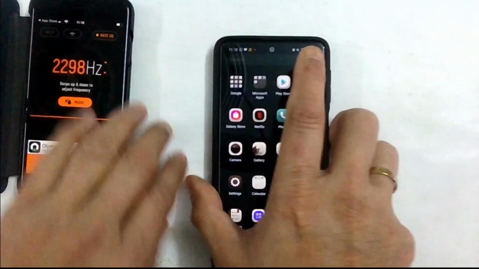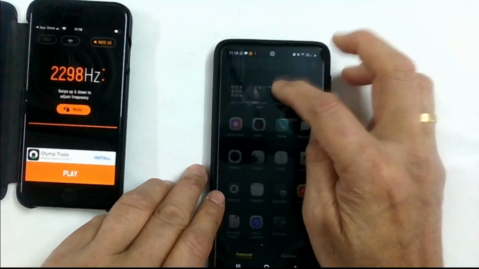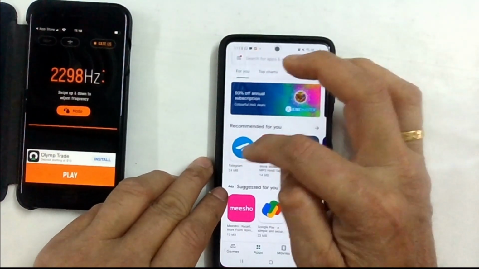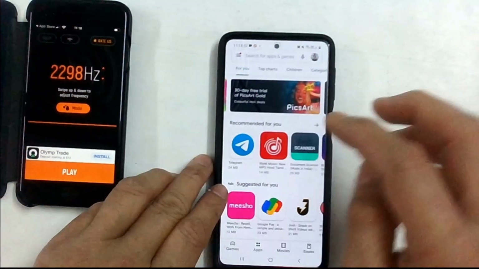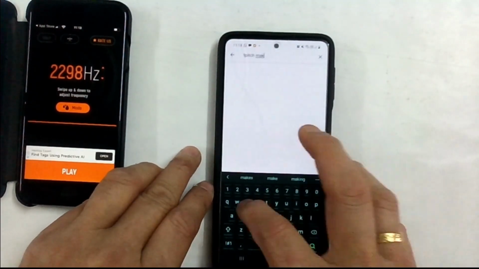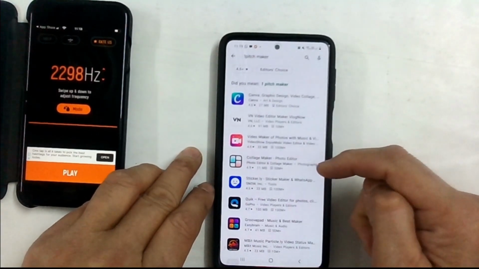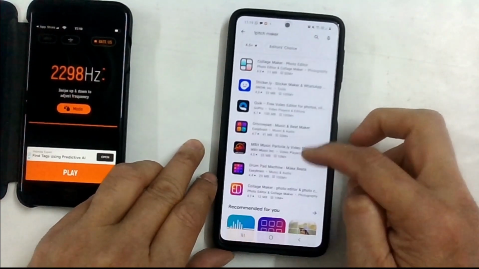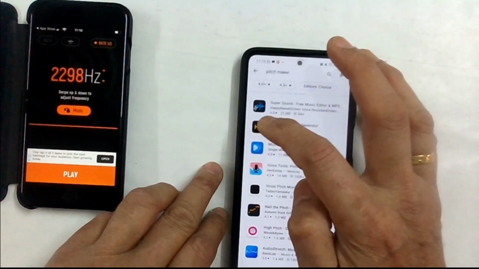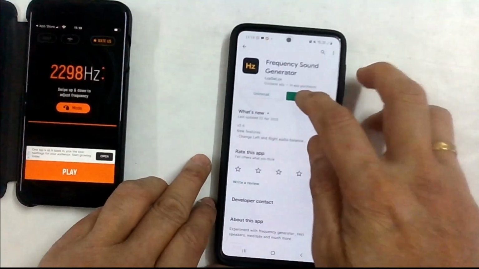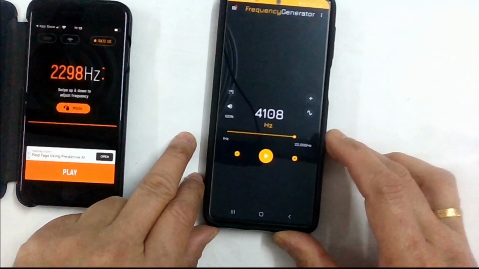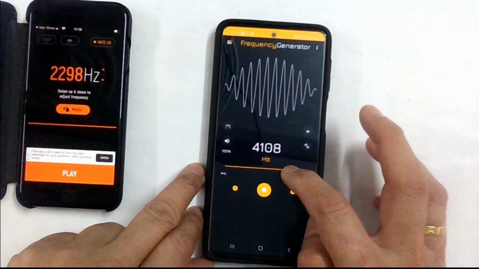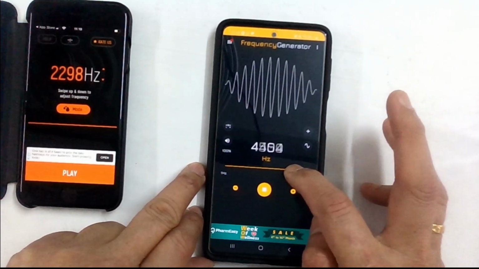You can also do the same on the smartphone. In the Play Store, you can write pitch maker, and you can get many options. Of that, you can take one. I have taken here AZ frequency sound generator. Here also it comes in Hertz. So it gives a sound. You can change the sound to different frequencies.